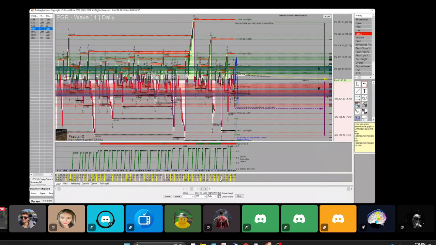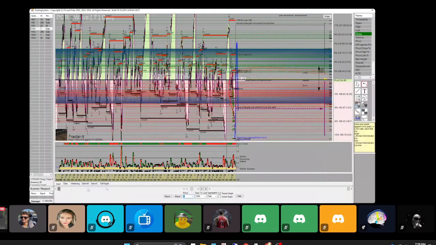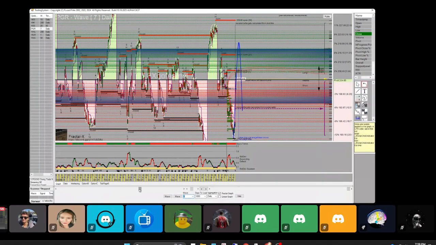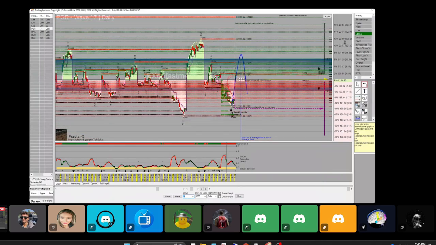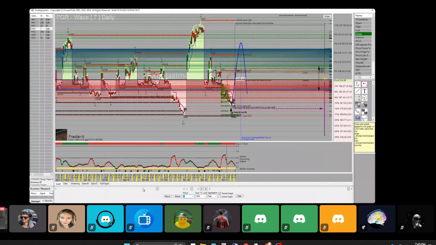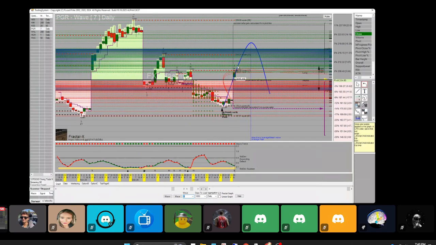I'll go over another one. This is kind of like a low key one more. It's Progressive, PGR, insurance. They have earnings in 2 days. Let me see why I added this one. I think it's because it's starting an expansion cycle. You can see that here in the wave 7 daily. H1. Average move brings us past the open state, 215.